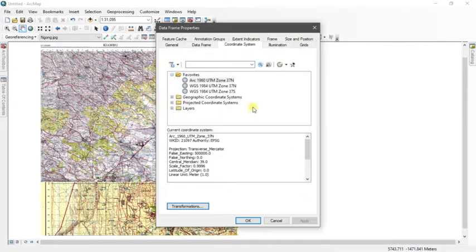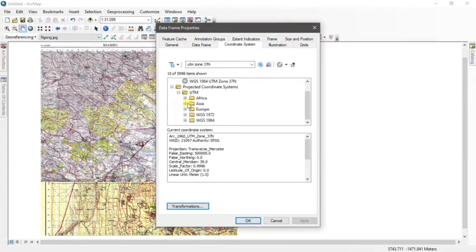So for me, I've been using these 2 projections most of the time, but if you have never set a projection, you can just search, like here you can search UTM zone 37 north. Then you can search if you know the projection that you want to work with. You can see we are having projected coordinate system UTM. Of course, I'm in Africa. There you go, Arc 1960 UTM zone in Africa. So that's where you set your projection.